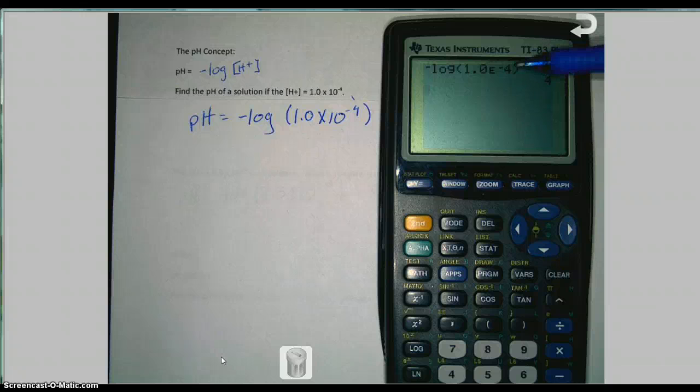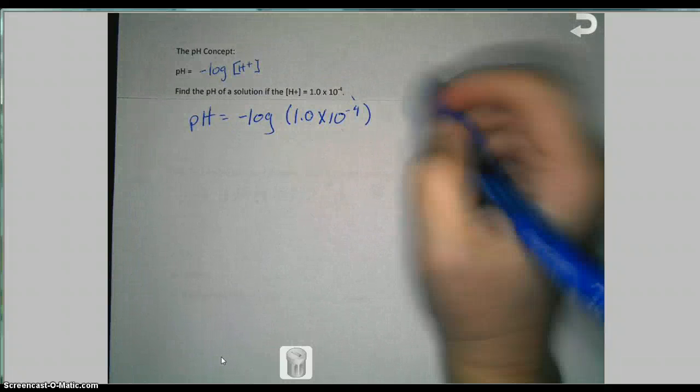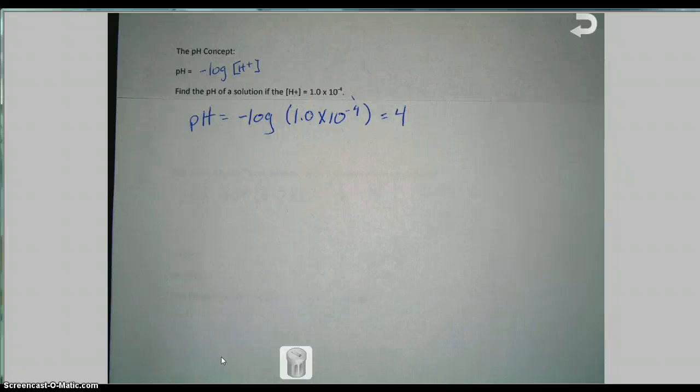Now, if you'll notice, exponent, answer, they're very related to each other. That's what logs mean, is what is the exponent of 10. So here, our pH equals 4. Okay? All right. Now, our next question